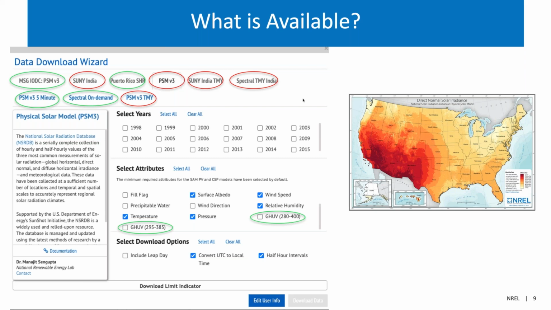Okay. Thank you, Manojit. So the next one is for Manojit too. Is the 30 minutes data averaged, and does it represent the end of the hour, middle of the hour, or